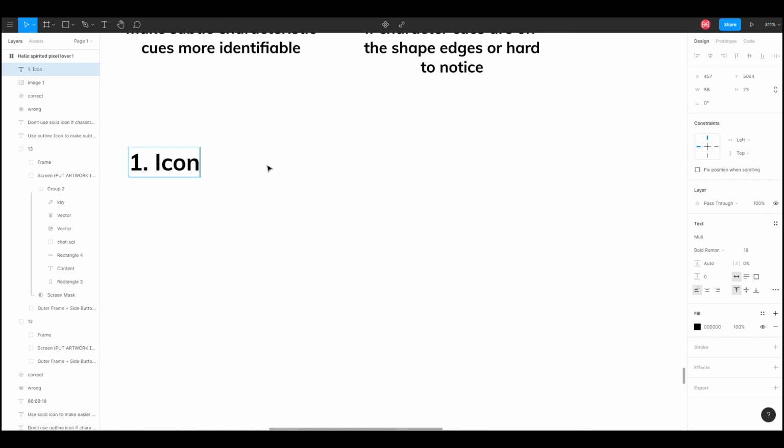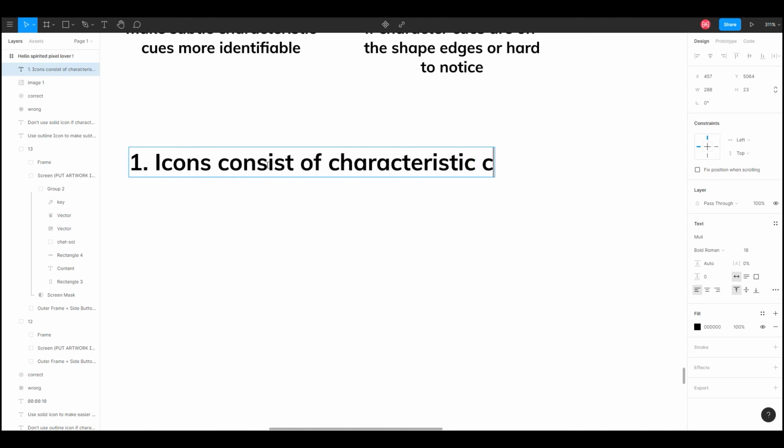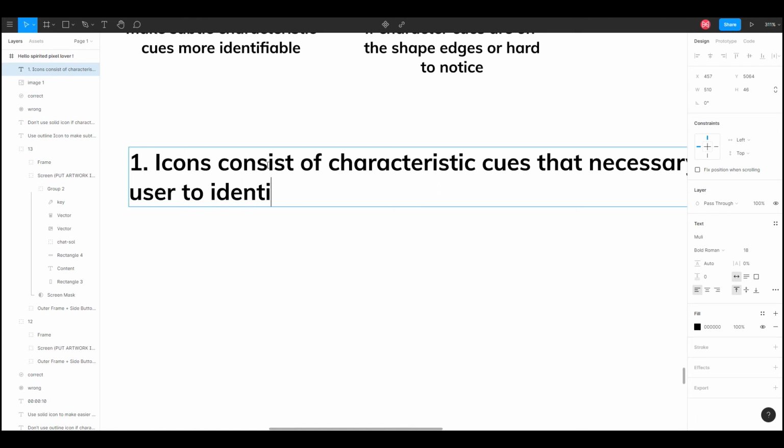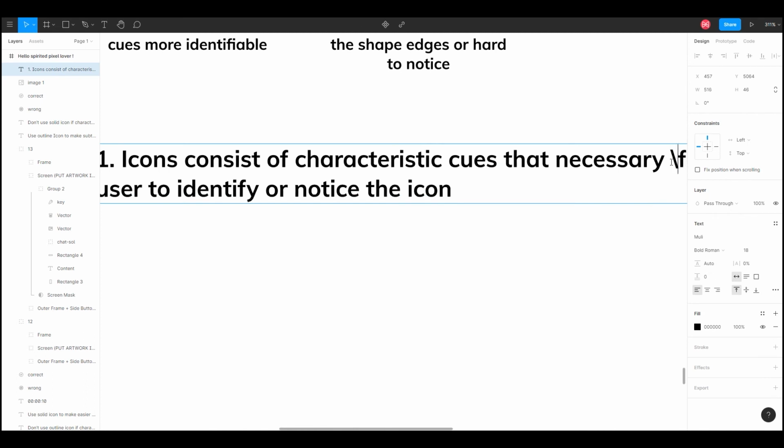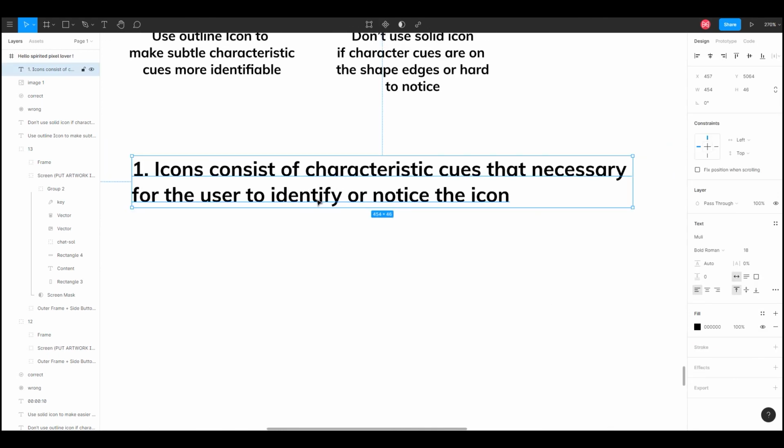One, icons always consist of characteristic cues that are necessary for the user to identify or notice the icon. Okay. And the second,